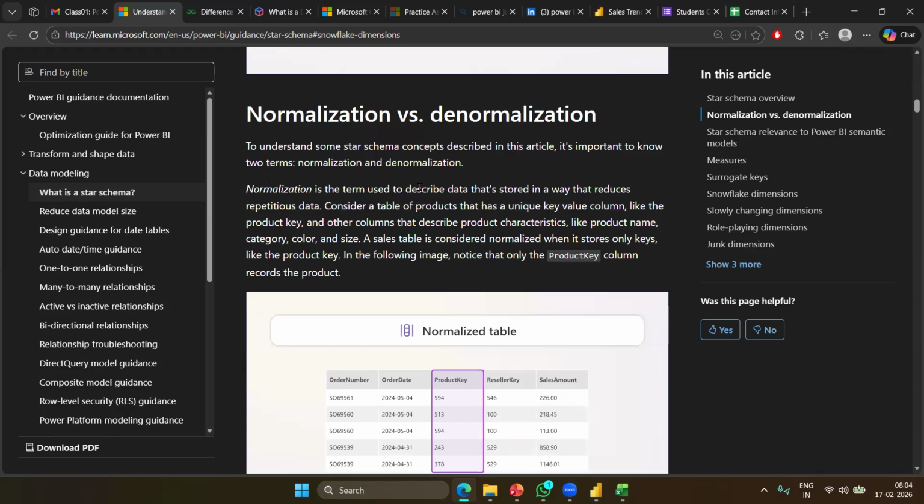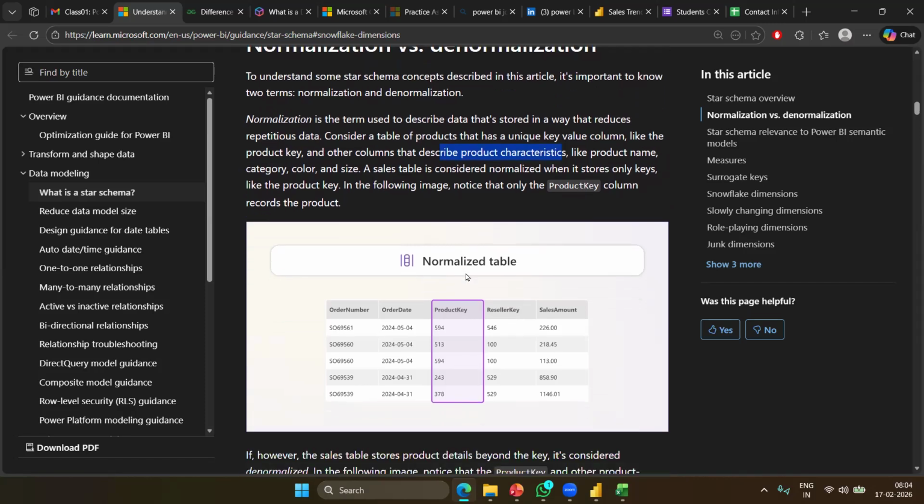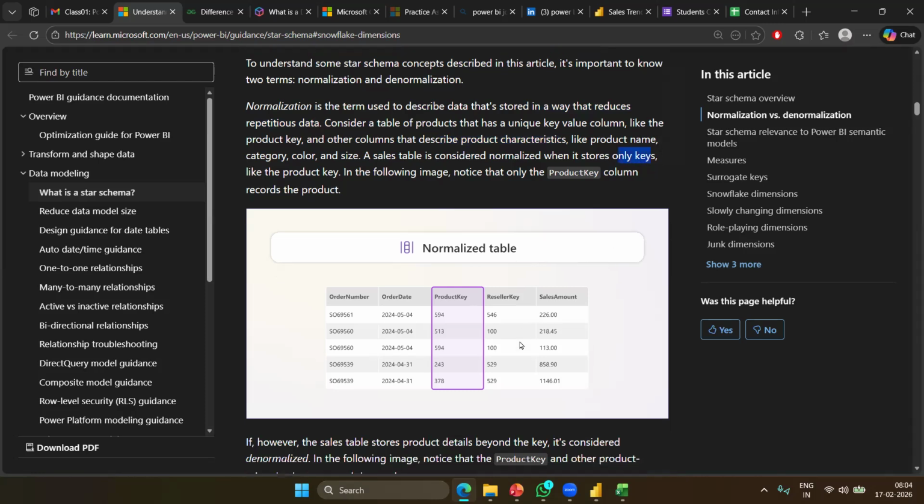Normalization is the term used to describe data that's stored in a way that reduces repetitiveness. Consider a product table that has a unique key column like the product key and other columns describing that product, like name, category, size and everything. With normalization, the table stores only the key.